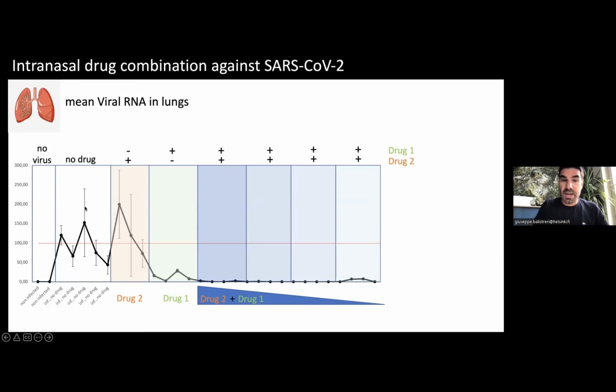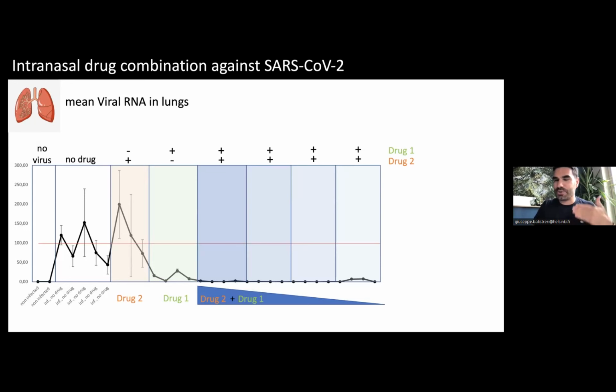Okay, now if you put only one of the drugs, but not the other, you don't really do much. Actually, some mice even have more infection. If you put the other drug, drug number 1, there is a decrease, but as you can see, it's not enough to completely remove the infection from your lungs, which is not good, because imagine